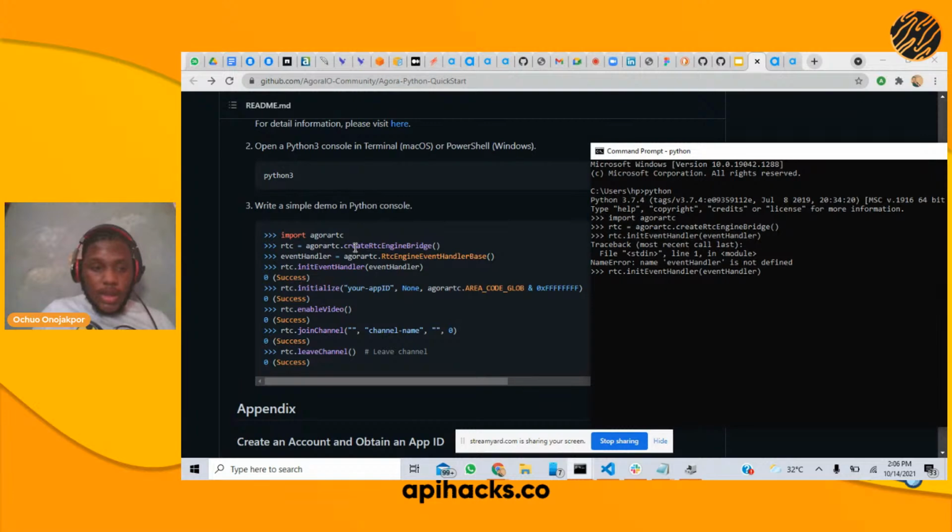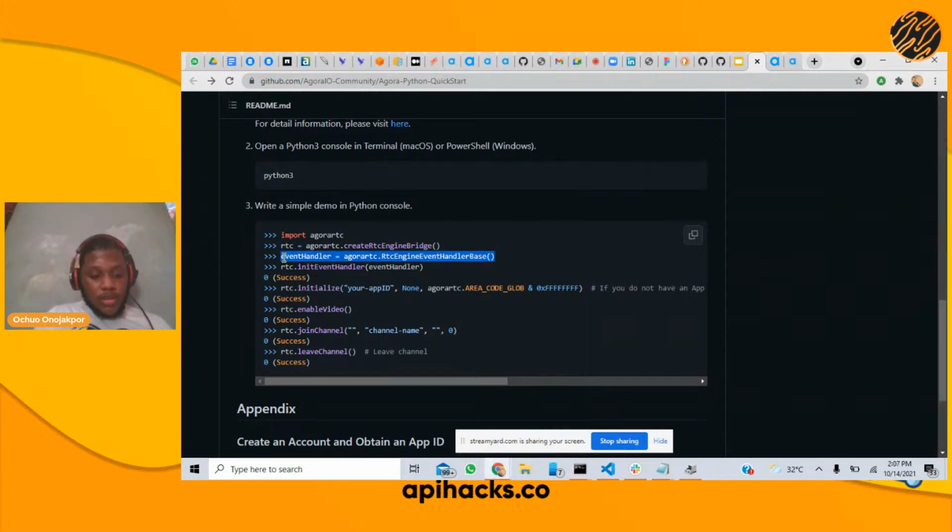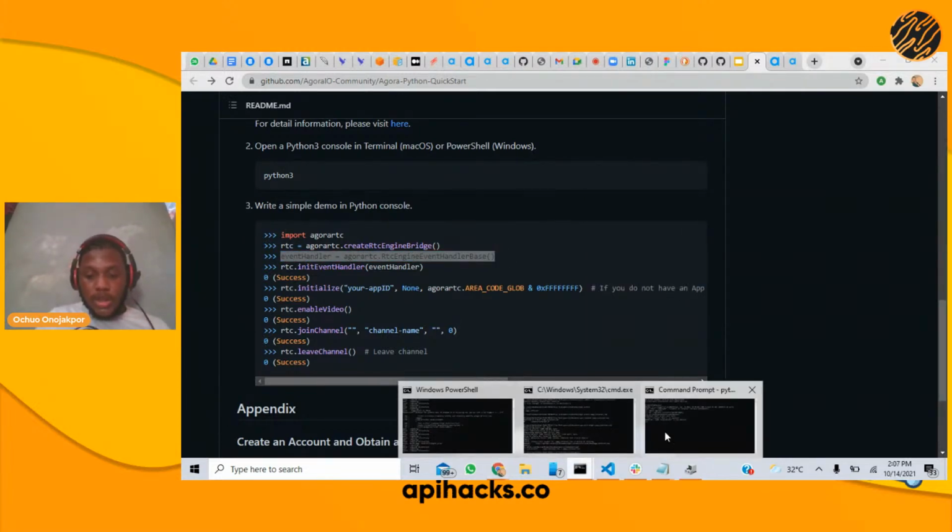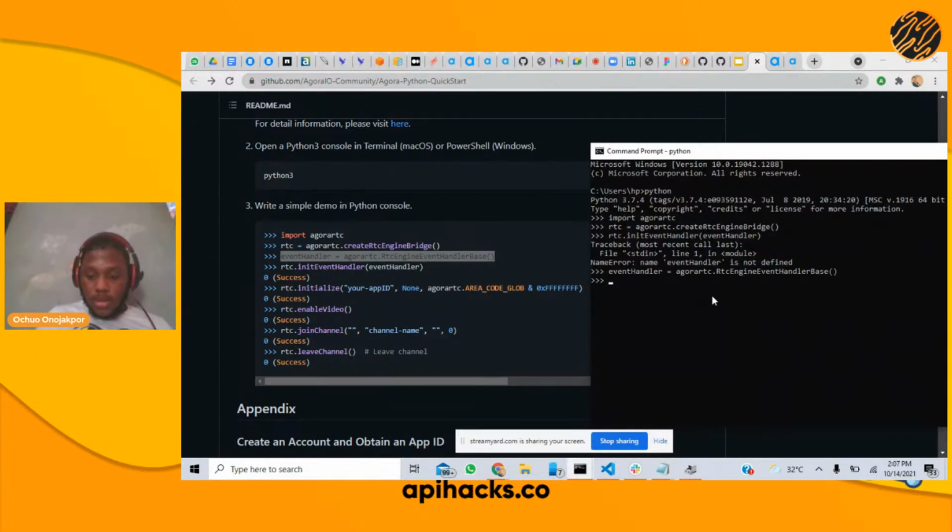Okay, I haven't created my event handler object first. So first I do is to create the object, and the next thing I'll do is to